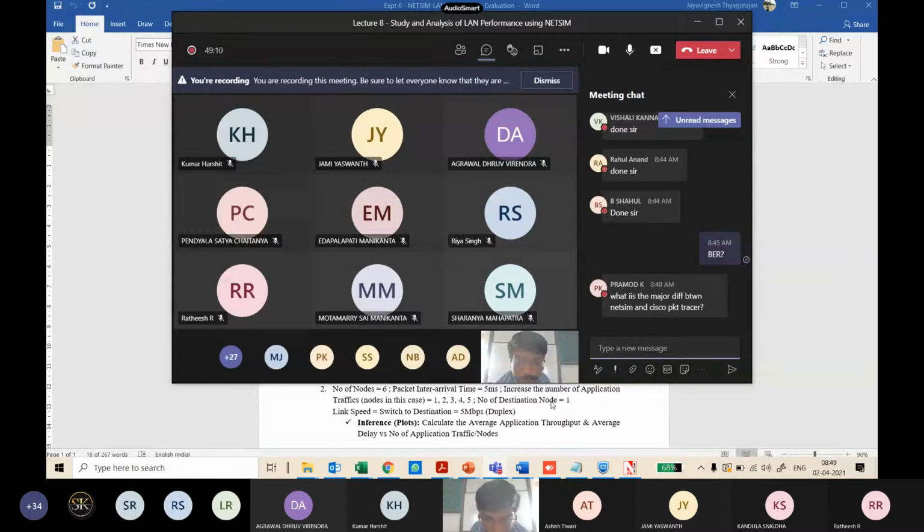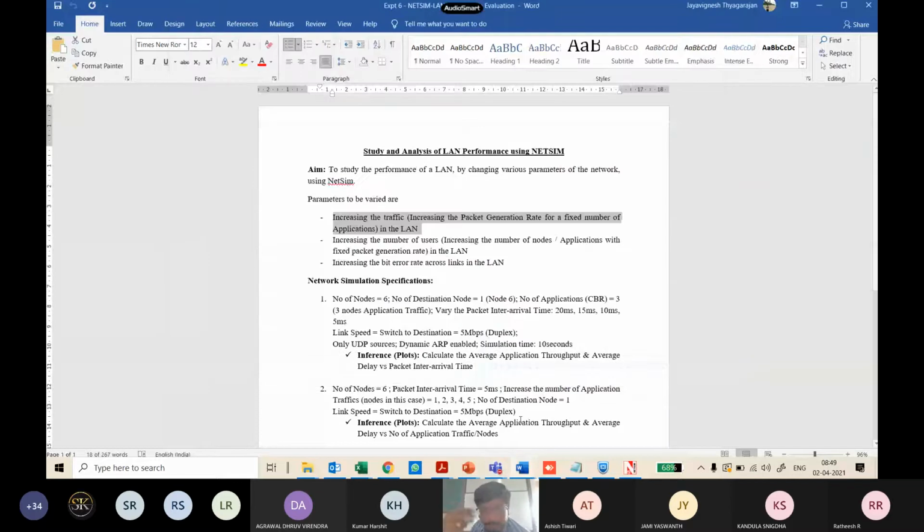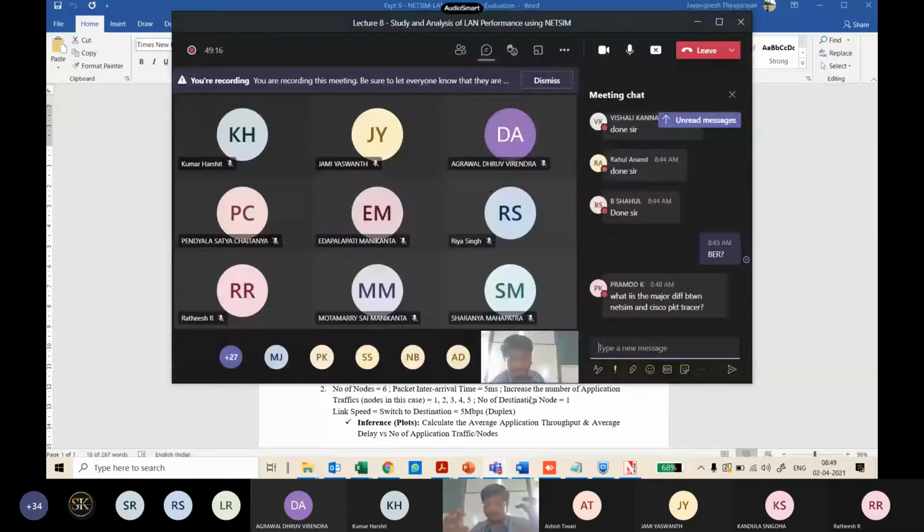Question here, CBR. If you look at constant bit rate, there were 2 things that we were trying to vary. Ideally, there's an application on your client which is generating traffic at a constant rate. The packet size is fixed, and these packets are generated at a constant inter-arrival time. So every 5 milliseconds you were generating packets of the same fixed size. So it's a constant distribution that we are looking at, and the inter-arrival time between successive packets is constant. This is something we are going to repeat in our NetSim.